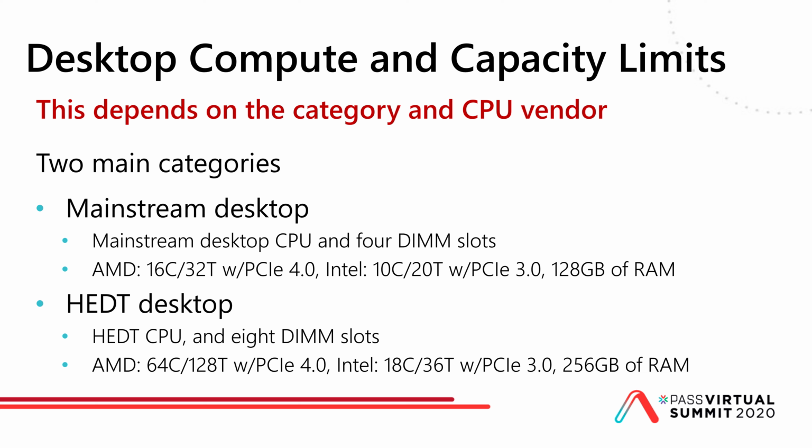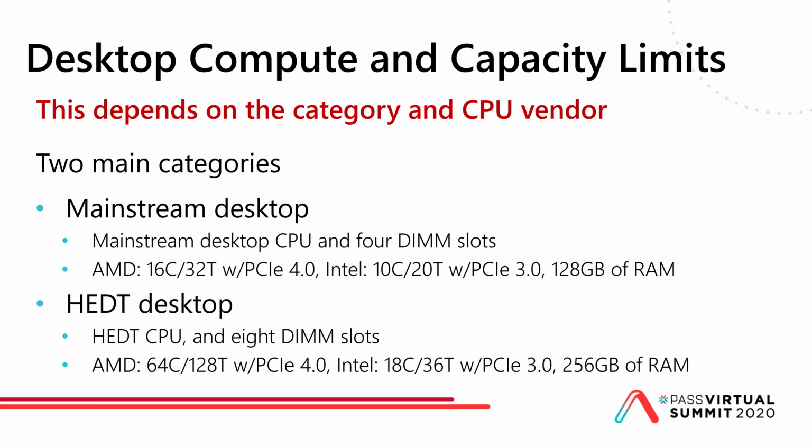And with AMD, you can have up to a 16-core 32-thread processor with PCIe 4.0 support. With Intel, you're limited to 10 cores and 20 threads with PCIe Gen 3. And both of these, whether it's AMD or Intel, as long as you've got 4 memory slots, are limited to 128 gigs of RAM. Now, if you step up to an HEDT, high-end desktop, you're going to have 8 memory